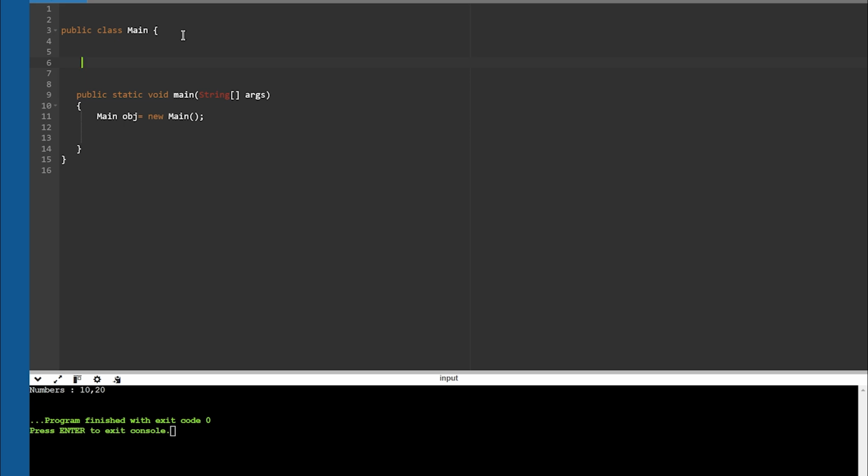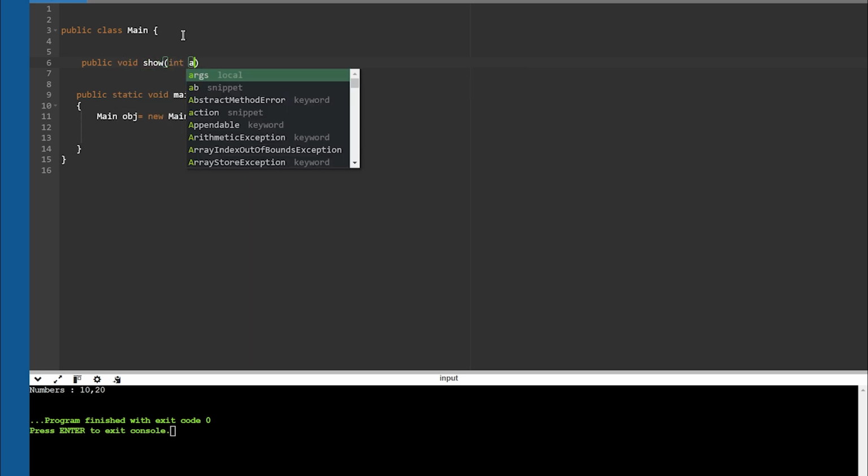As we know, in the previous example we did it by changing the number of parameters. Here we'll do it by changing the data type of parameters. So one function will have one data type and another function will have a different data type. As you can see on the screen, I have written the main function. Now I'll be creating the method, public void show, here int a,